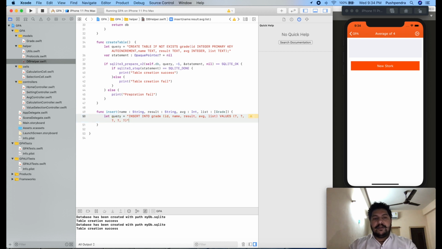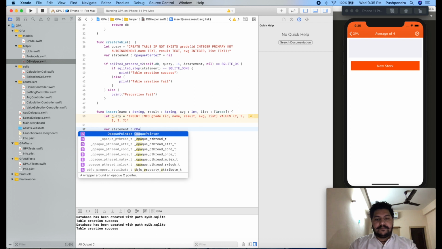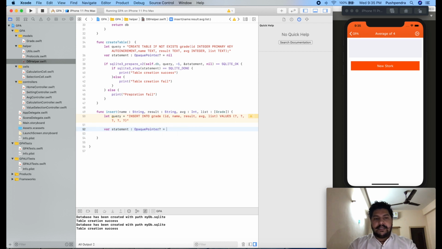Now, as we did here, sqlite3_prepare_v2. This will return you the statement after preparing your query. In the same way I'll take a statement, and this is an opaque pointer, by default nil.